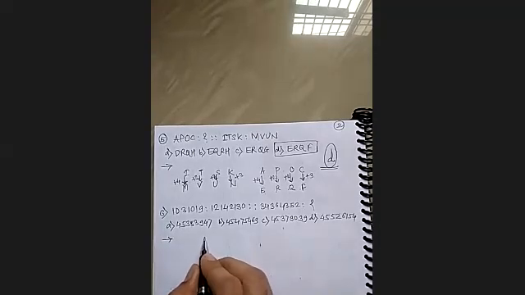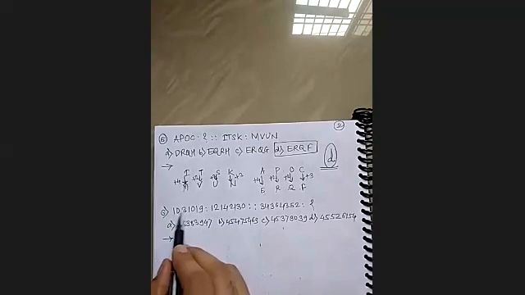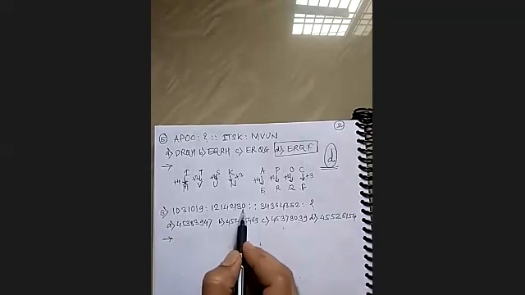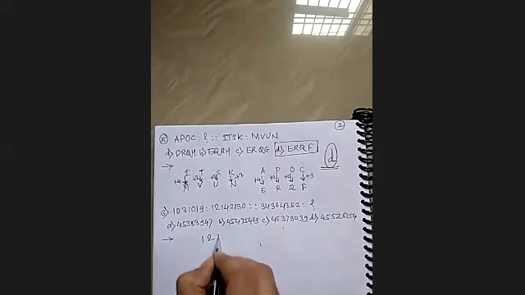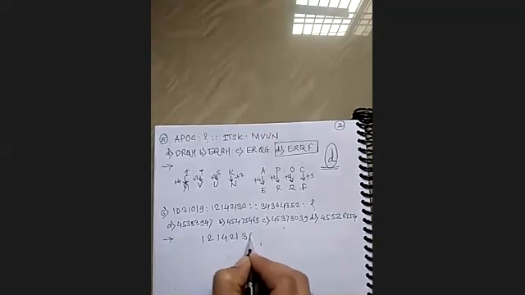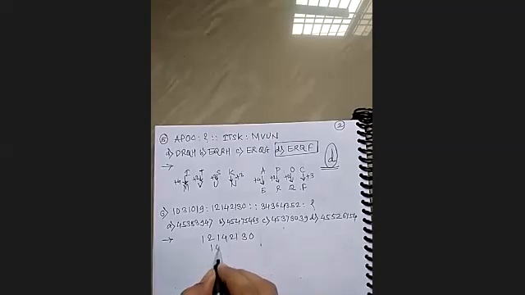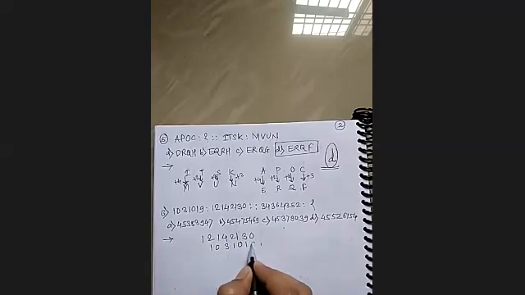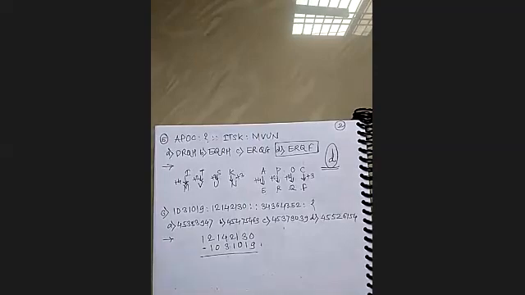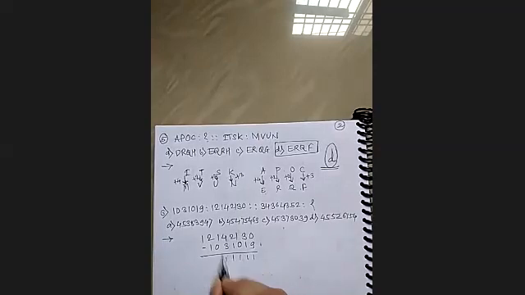So, what do we have here? 2, 4, 6, 7 numbers, 2, 4, 6, 8 numbers. So let's write 1, 2, 1, 4, 2, 1, 3, 0 and 1, 0, 3, 1, 0, 1, 9. Right. So let's subtract it. You will get 1, 1, 1, 1, 1, 1, 1, 1. So the difference between these is 1.